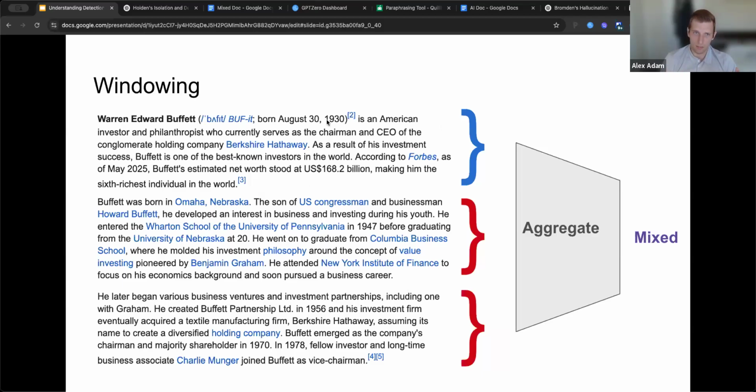And this is just a toy example. So this is again taken from the Wikipedia page, but let's say for the sake of argument that the first paragraph is predicted to be human, and then the next two are predicted to be AI. We then aggregate those per window results and come up with a final prediction to say, okay, if it's a combination of human and AI paragraphs, then we'll just call this mixed, even though we don't look at the entire text all at once.